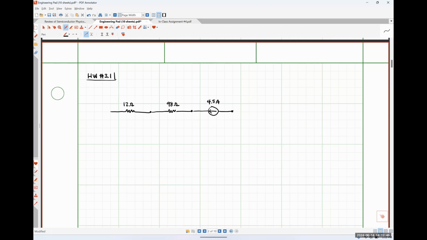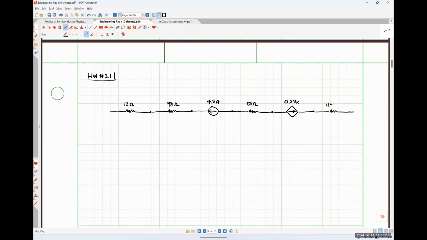Then we have a resistance R3, so that's 55 ohms for me. And then we have a dependent current source, direction to the right, whose value is 0.5 Vx. And then lastly, over here on the right, we have resistance R4,